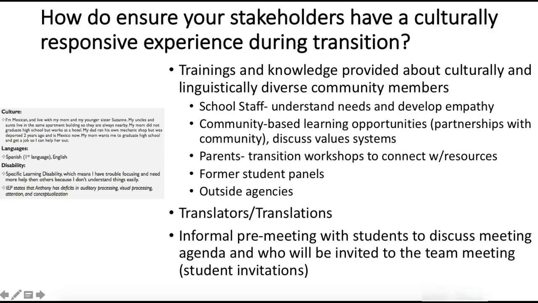with. Community-based learning opportunities, so partnerships with communities to discuss the value systems. So this could be reaching out to the local rec center or even the employment support center or something like that, or a job placement agency, to really talk about your students, your families, and how you're supporting the needs that they have within the community. And this is a big part around, I've talked to you guys about the culturally responsive, not necessarily following the Eurocentric views that we often have in education.